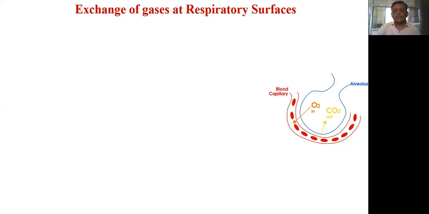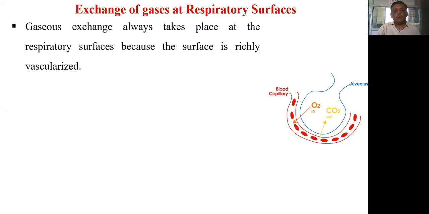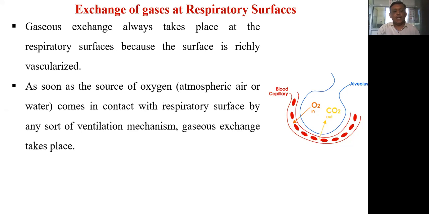Exchange of gas generally takes place at a respiratory surface because the surface, whether it may be the alveolar surface or the tissue surface, both are richly supplied with blood capillaries. That means the surfaces are highly vascularized. As soon as the source of oxygen, whether it may be atmospheric oxygen for the terrestrial animal or dissolved oxygen for the aquatic animal,